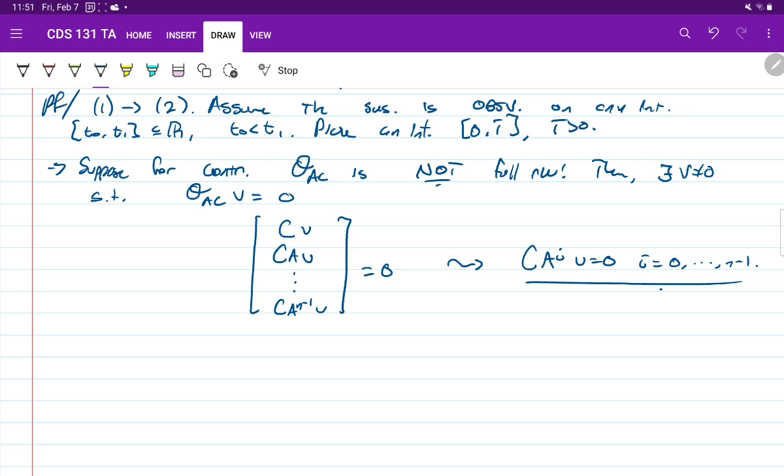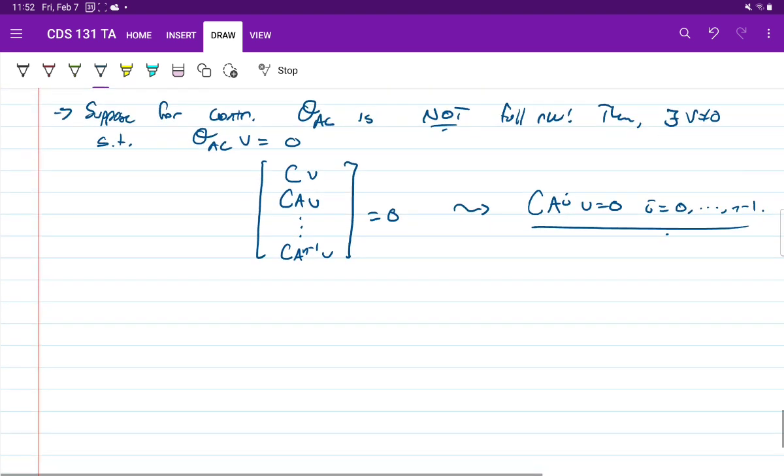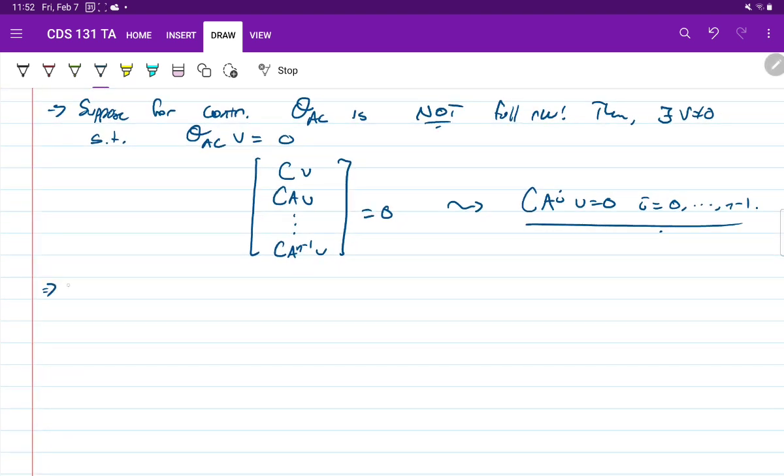Okay, so here's the basic idea. What we're going to do is show that if we pick an initial state of v, we won't actually be able to distinguish it from some other states in our system. And using that, we're going to get a contradiction with the definition of observability. So let's study the output from initial condition x0 equals v.